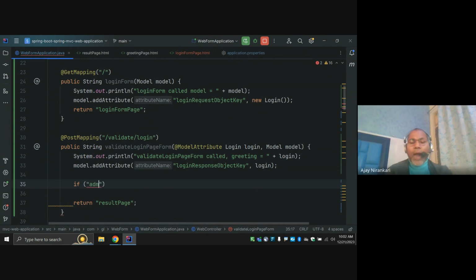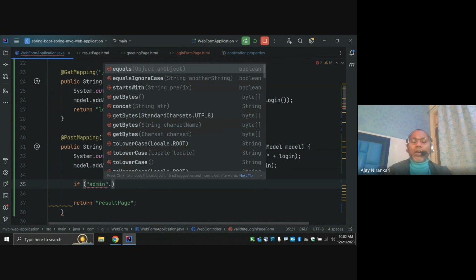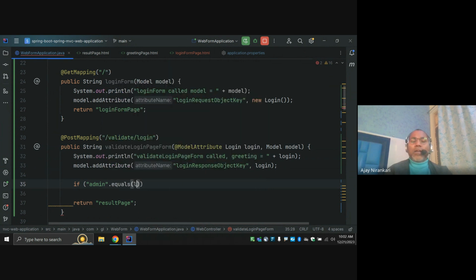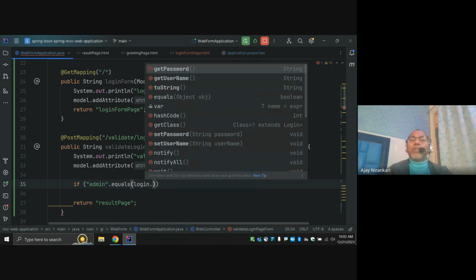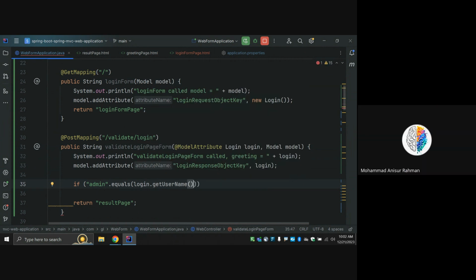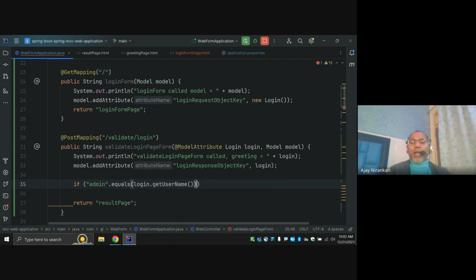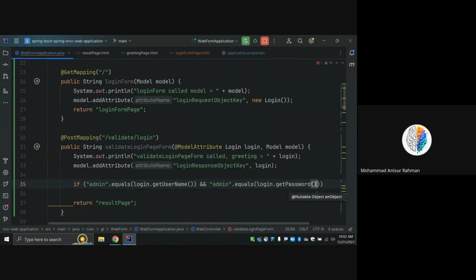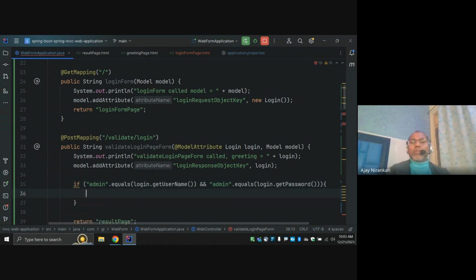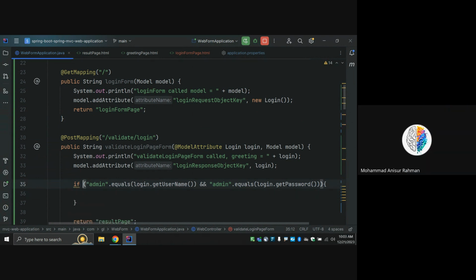I'm saying if the user typed admin, admin dot equals login dot getUsername, okay? If that is okay, the password I also validate and say okay, password also admin as of now. Later we can change it. admin dot equals login dot password. Here it is simple business logic. Okay, if these two cases are okay,